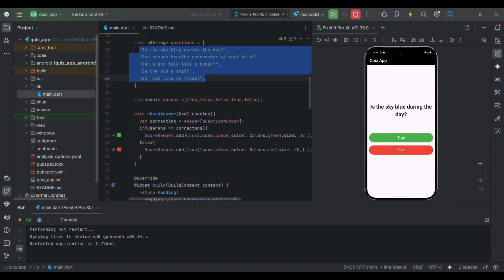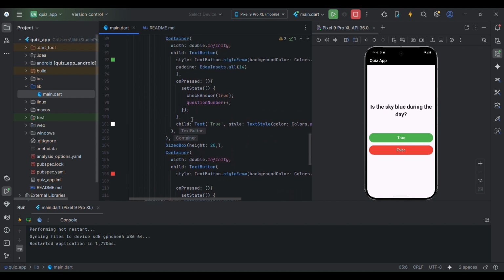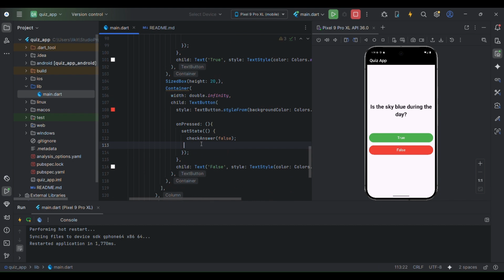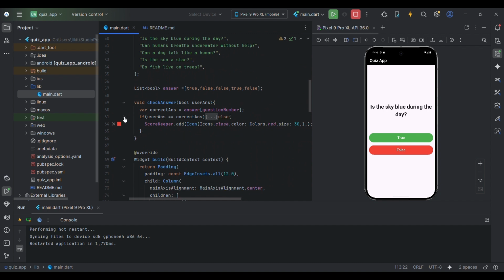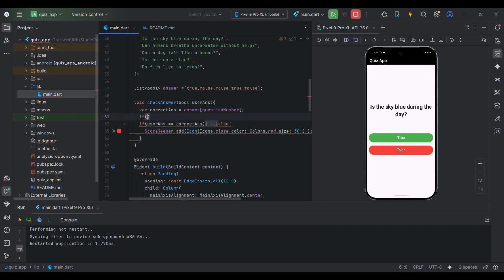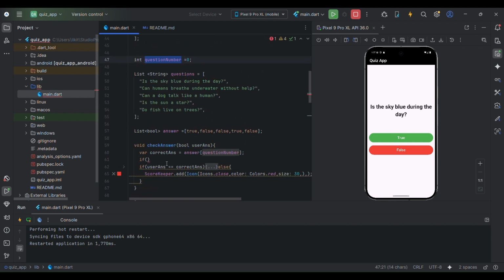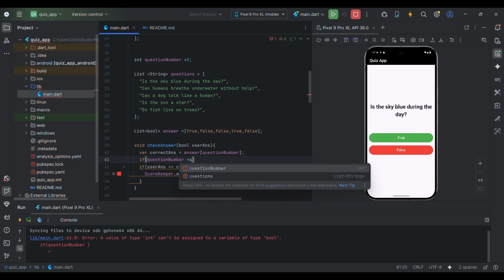So what we have to do is, before it goes to the next question, what did we do here? We just told it to increment, right? So let's remove it and give a proper statement to it. How do we give it? Let's say first let it check whether the answer is true or false. Before that, what we want to check is the question number is less than the questions